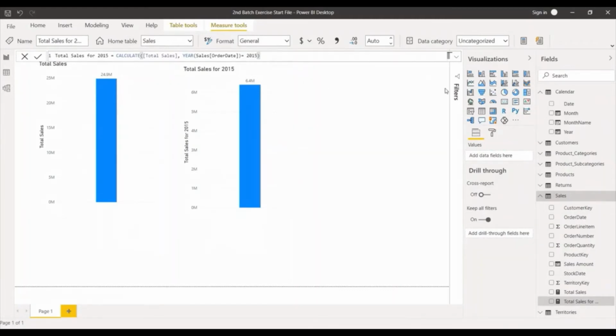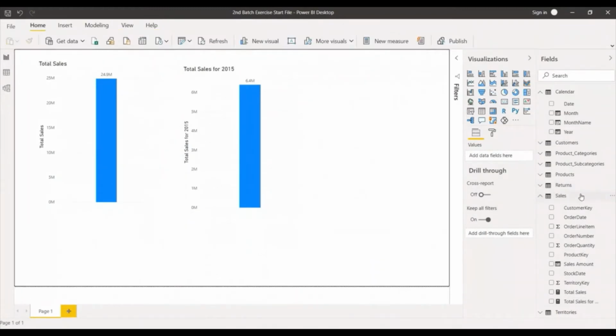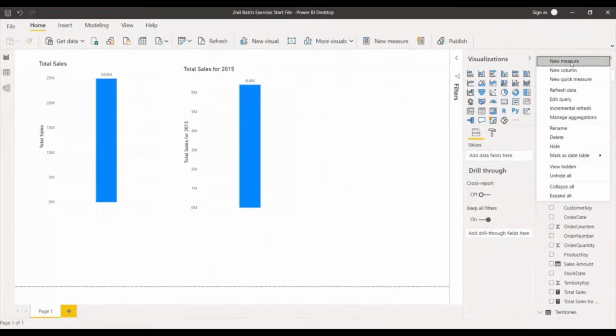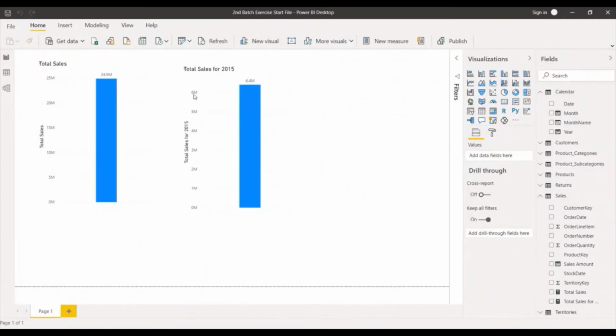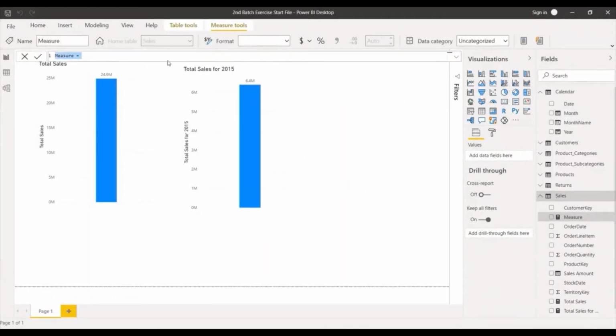So how are we going to create that? Create a new measure, for example, USA sales.